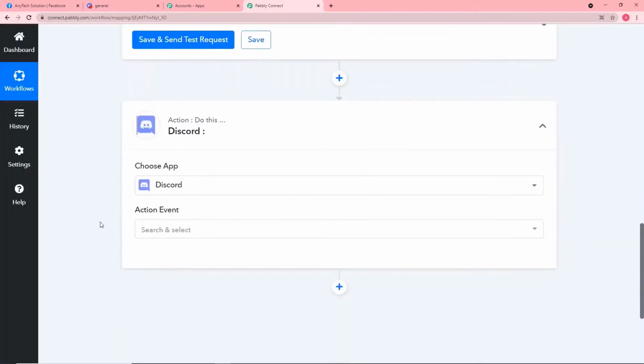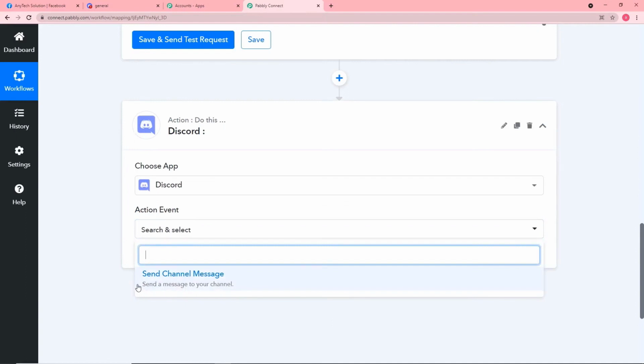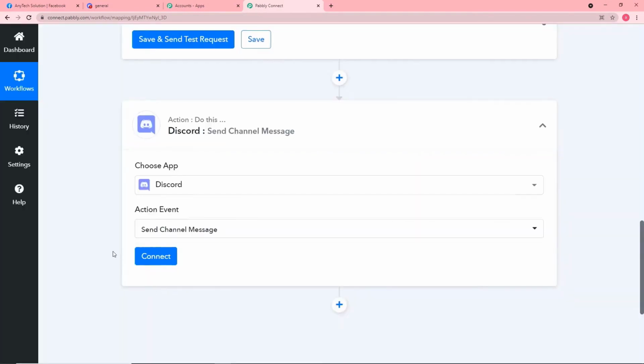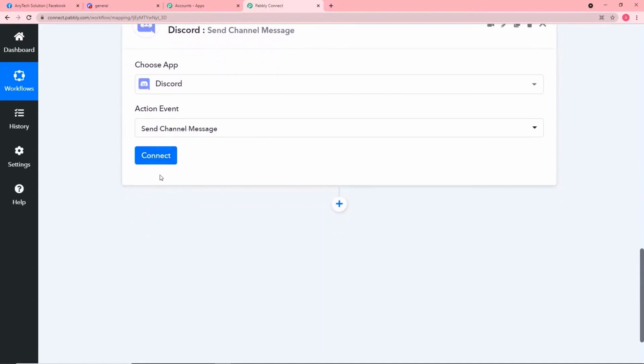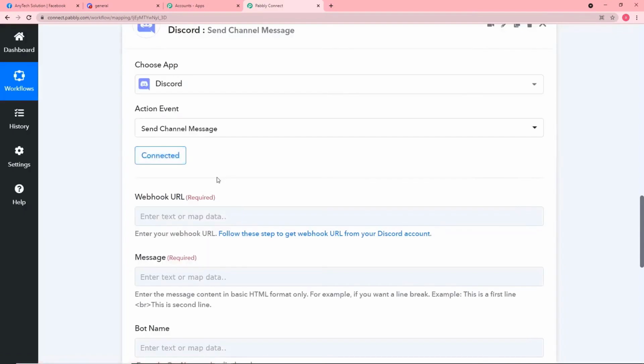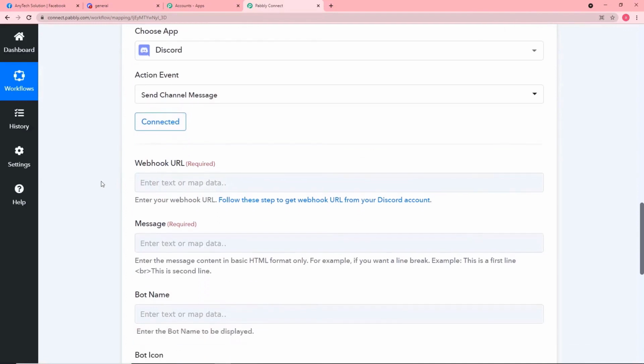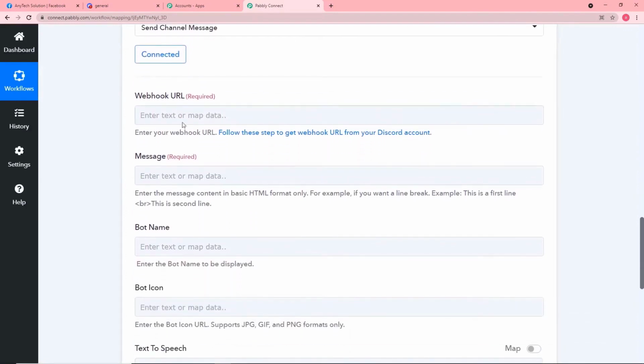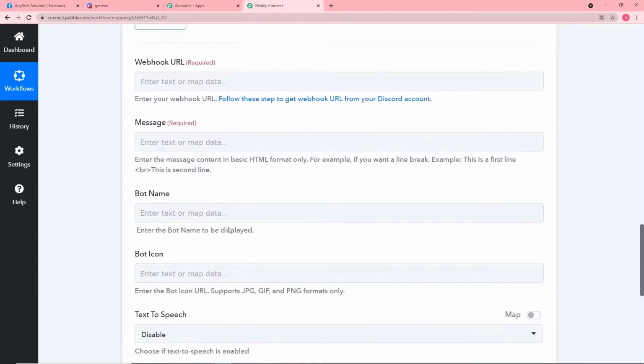And then it will ask for the action event. So what we want as action, we want a new message to get delivered from our channel. So just select this send channel message, and then you will see this button. Just click on this connect button. Alright, here you can see it is showing connected. That means we are connected with our Discord channel. After this, you will find these fields, the webhook URL, message, and all other fields. So the first field is webhook URL. So we have to go to our Discord account and copy the webhook URL